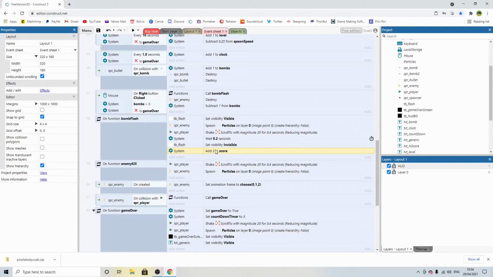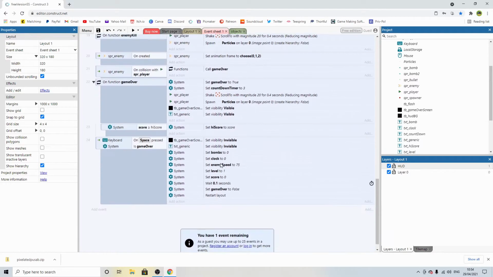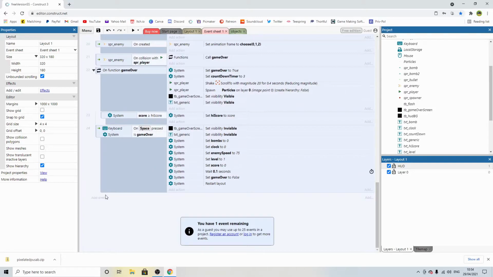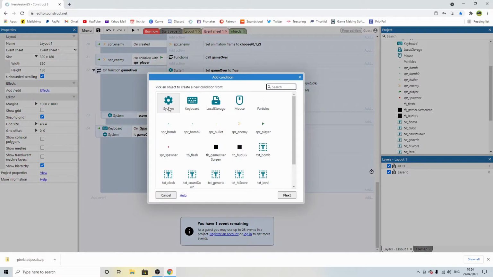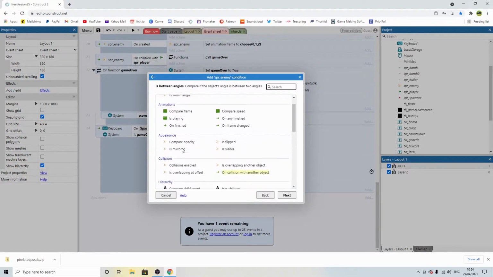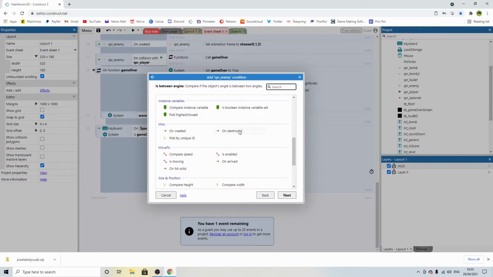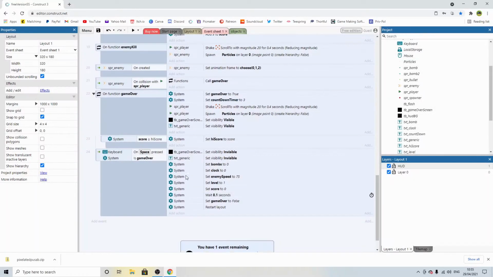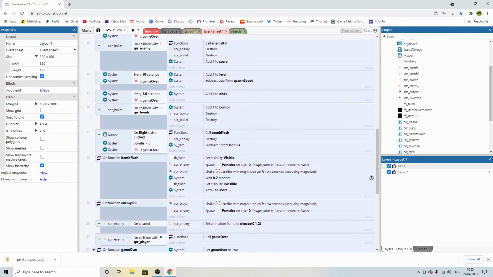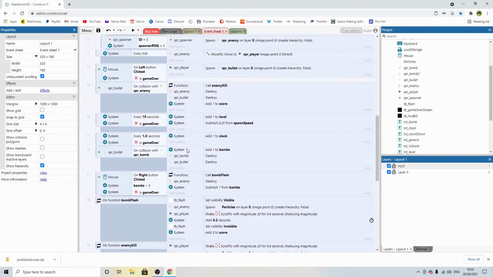Although in fact, when the enemy gets destroyed, then we should get a point for every single one on screen. But that's going to add up. That's going to take our last line of code, and I don't need that. We could just say add an event, and we could say enemy, and we could say on destroyed add 1 to the player's score. But we're working with a very tight limitation, so